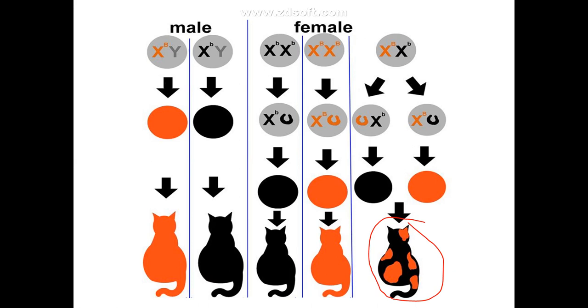Why is this? Because the gene for the color is present on the X chromosome. Remember, the X chromosome is not just linked with the sex chromosome; it is also linked with somatic traits. That is what we studied when we spoke about X-linked genes. We said that it is not involved in determining the sex.